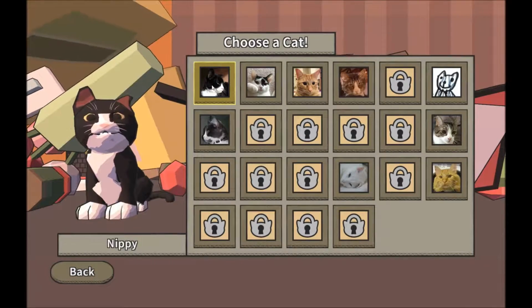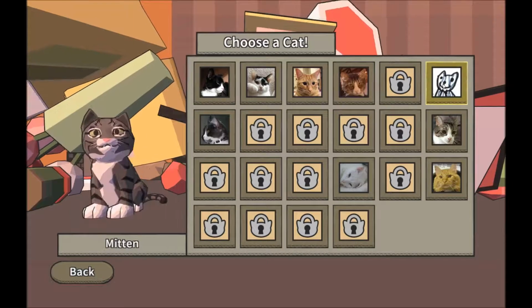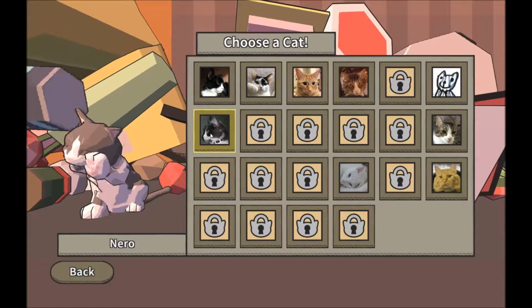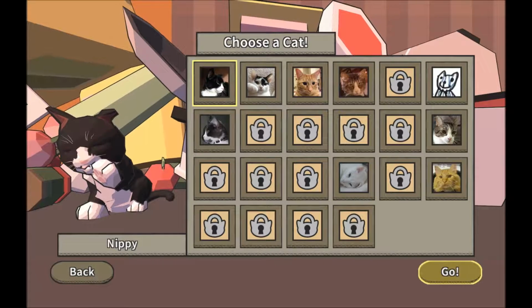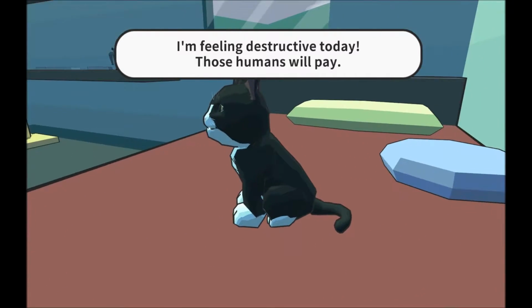And we choose a cat here. Oh, they're also gosh darn cute. It's just a drawing. Well, it's hard for me to choose anything other than Nippy, because Nippy looks just like my own cat. So here we go. Having done this once before, I don't know if this changes or if it's just the same every time, or...